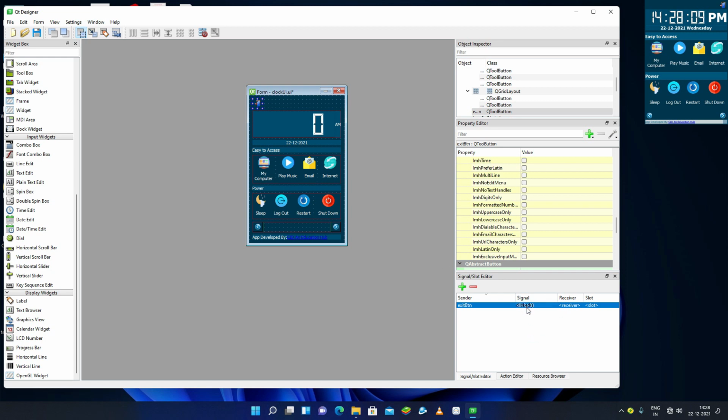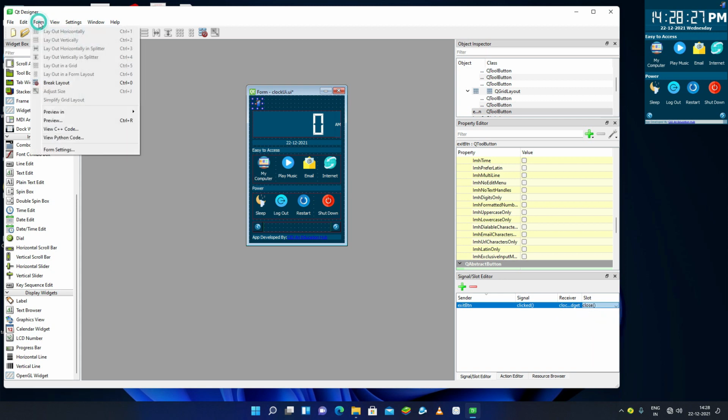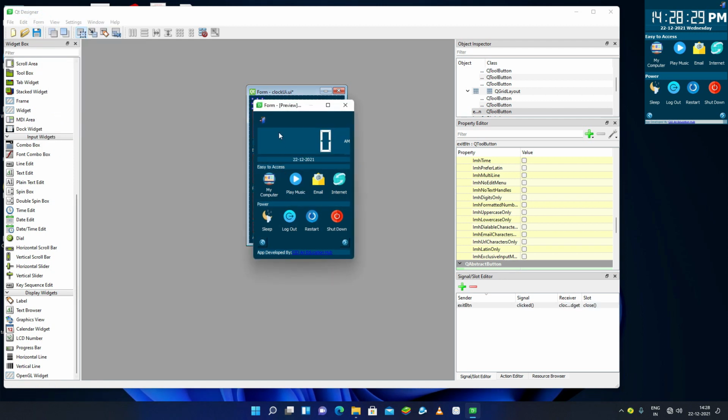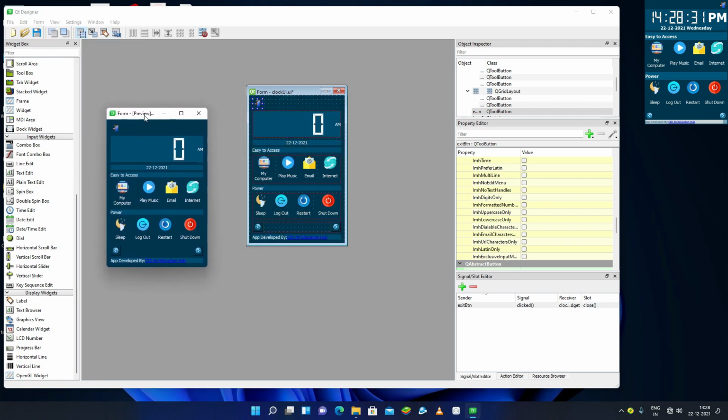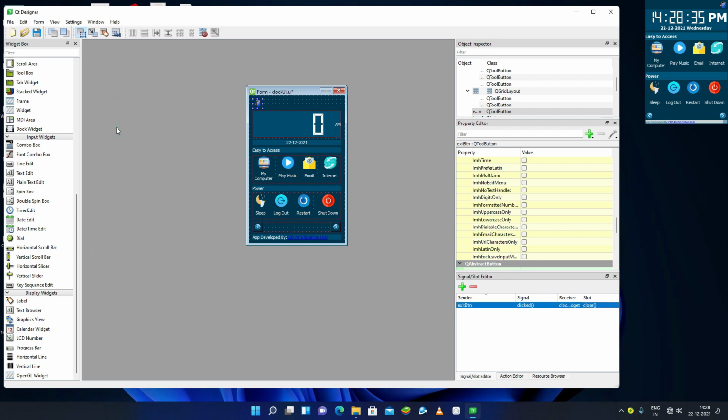The receiver will be our whole widget, home. And the slot will be close, to close the QWidget. So we have done it.